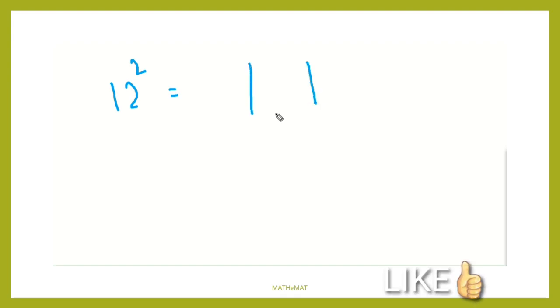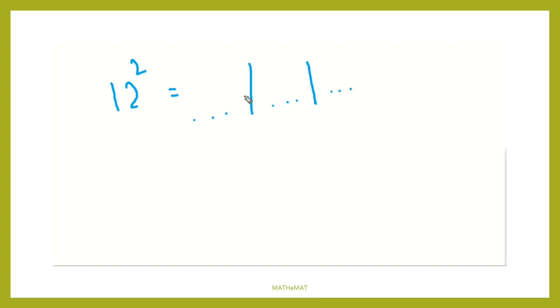Now I'm taking a number which is 2 digit and we will take the square of that number. For example, I want to take a square of 12. So in this method, you have to mark two slashes. If you mark two slashes, you can see there are three places. One place, two place, and the third place.